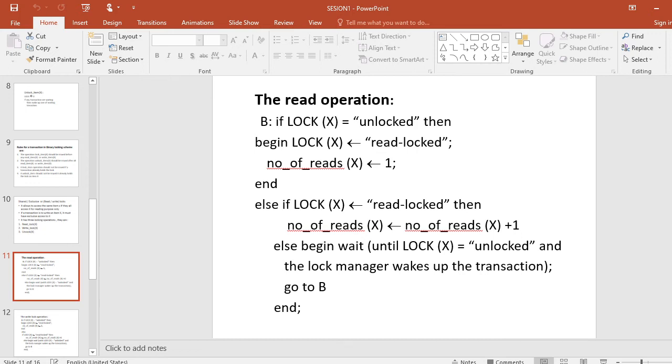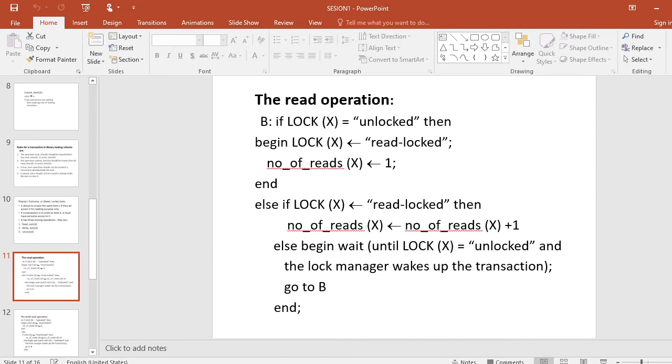No interleaving should be allowed. Once one of the operations is started, until either the operation terminates by granting the lock or the transaction is placed on a waiting queue for the item. First, let us understand read lock X. B: if lock of X is equal to unlocked, then begin lock of X equal to read locked, number of reads of X equal to 1, end.